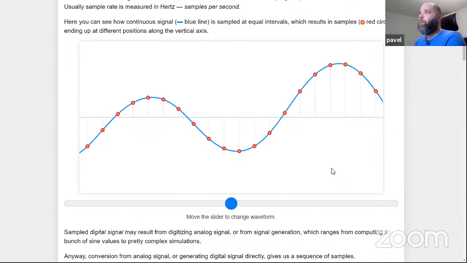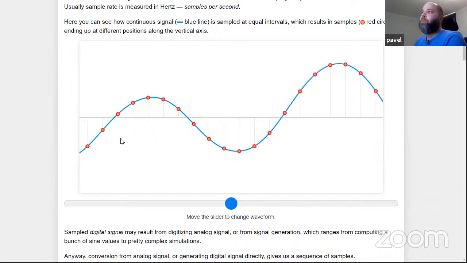is somewhat straightforward. So when we want to convert analog continuous signal to digital signal, we want probably to measure the signal from time to time. And these measurements or sampling will give us some values, so-called samples. And here for this continuous signal, the blue line, which evolves along the horizontal axis, we measure it from time to time, and we get values which are represented by these circles, which